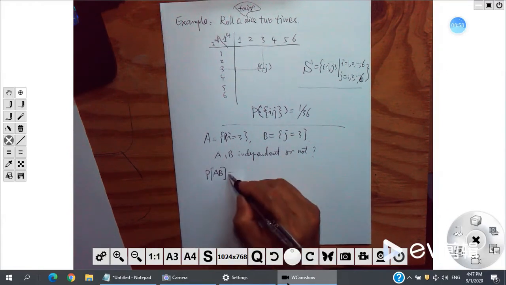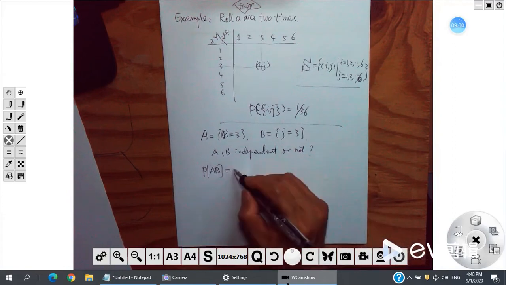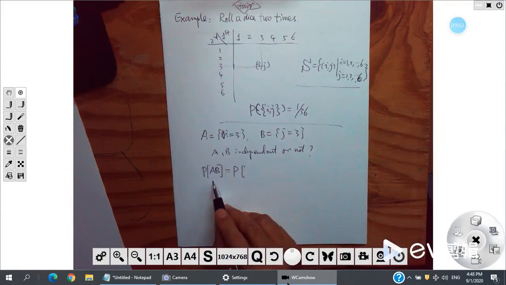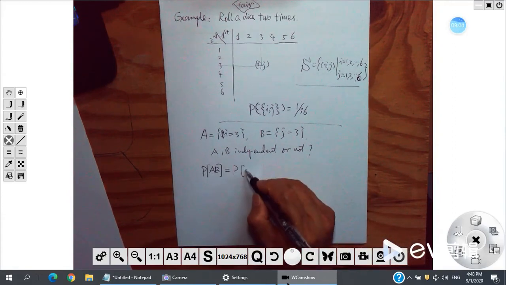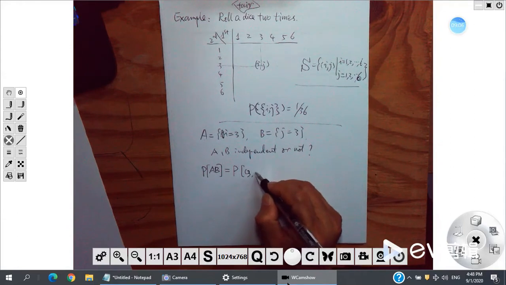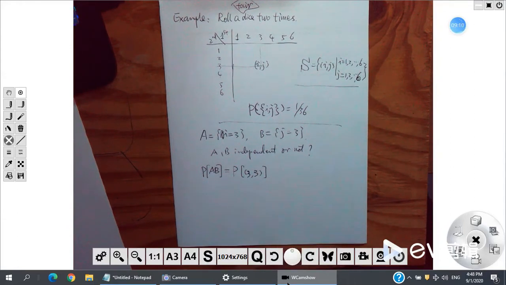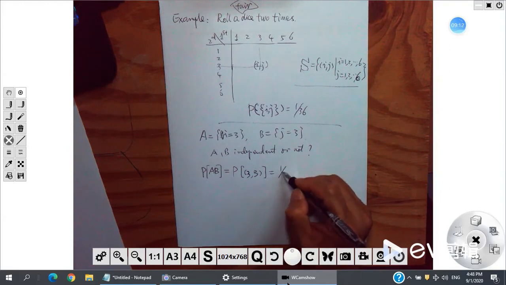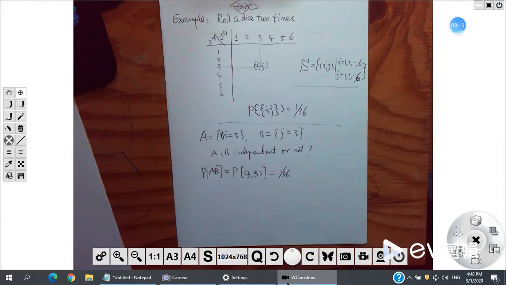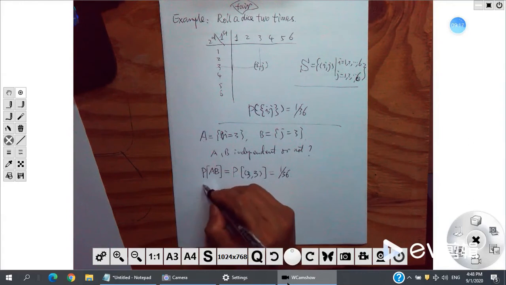Then this one is what? This is the probability that both A and B happen. So A is I equals 3, and J is also 3. Right? It is this one. So it is 1 over 36. And the probability of A,